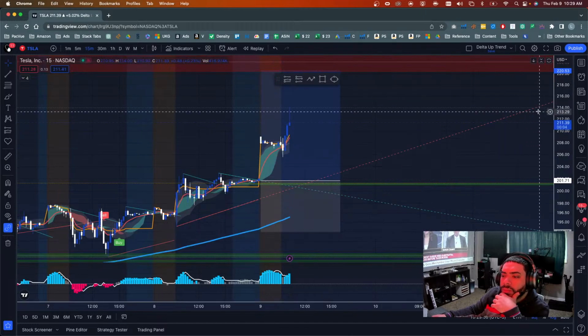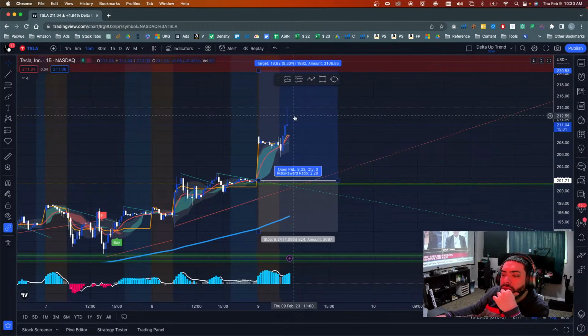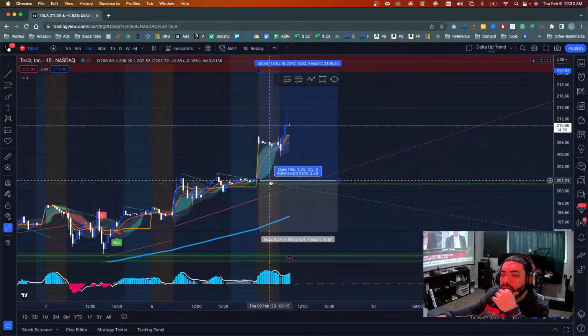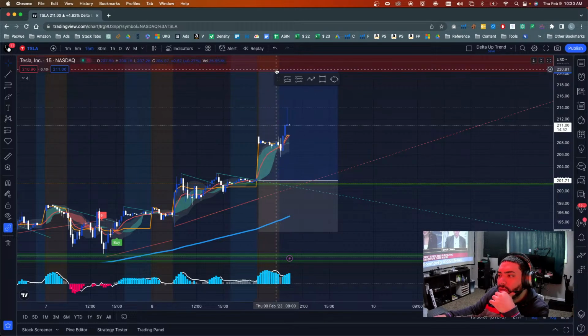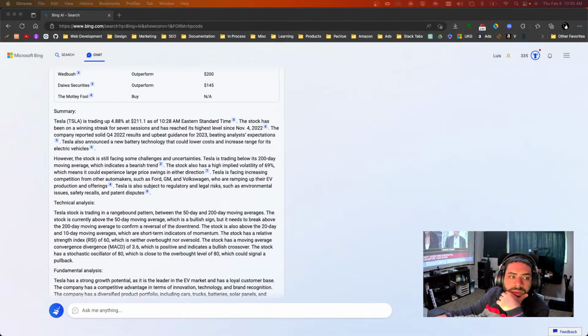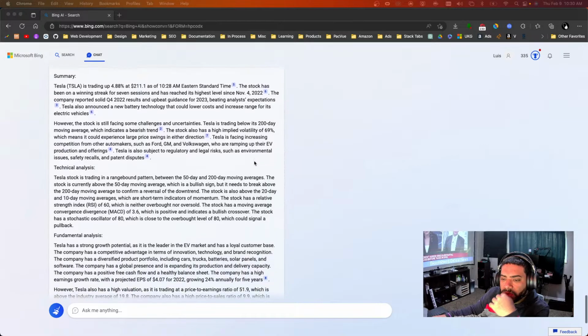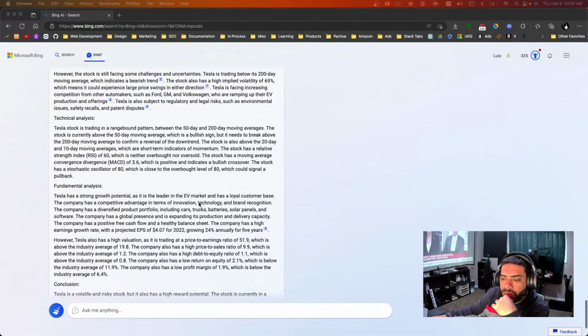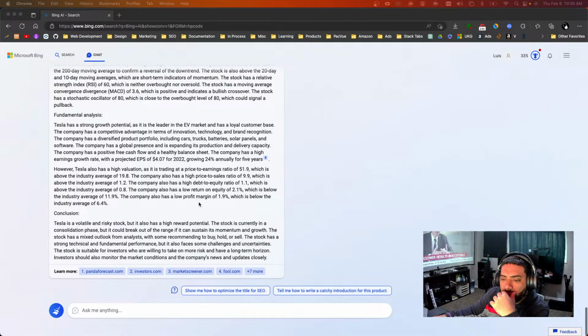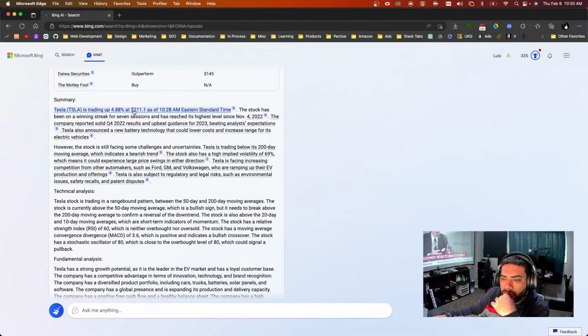And let me see what it says. So I guess the resistance level for today, support will be from around 201 to 220. Let me see what they say. Let's see, give me the resistance and support. So it's actually, yeah, let's go up to that. So again, this is very accurate.